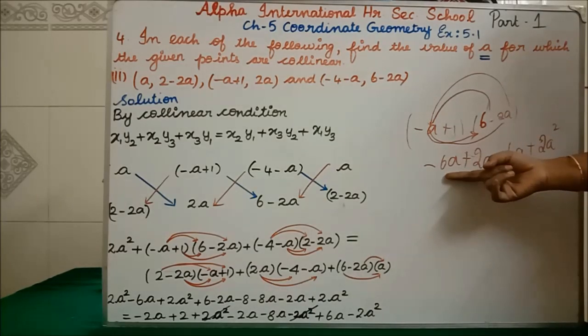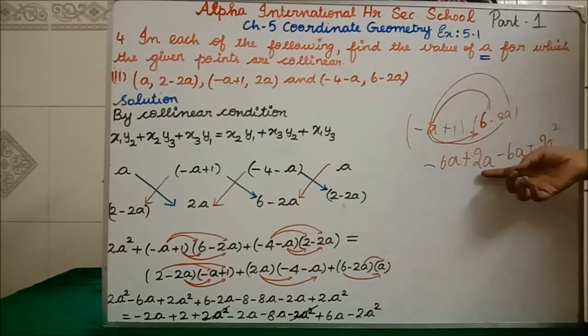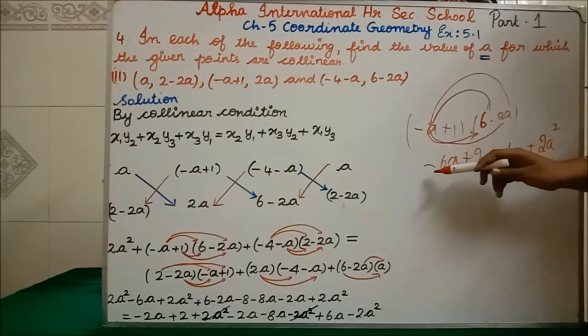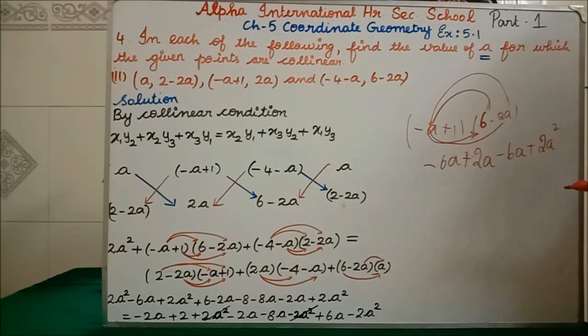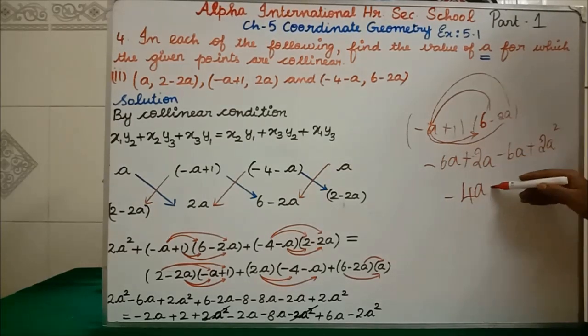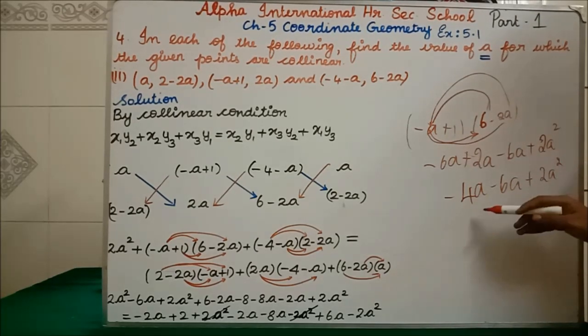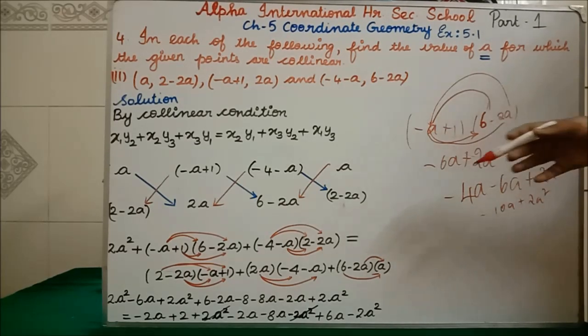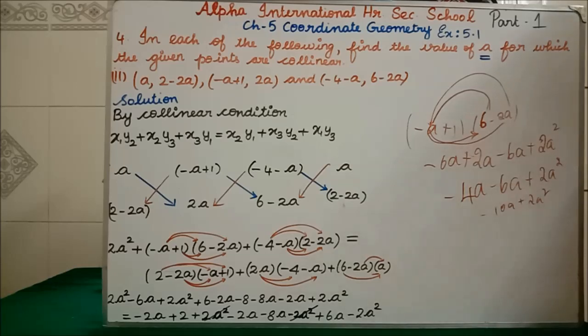Now, here minus 6a, here minus 6a, here plus 2a. What we will get? This first minus plus, if you simplify, what we will get? Minus 4a minus 6a plus 2a square we will get. The next step what we will get? Minus 10a plus 2a square. Like that the same format only I am simplifying here. Clear? The same, remaining everything I am going to do in the same format only. Now I will explain, you see. Binomial into binomial means you have to put the arrow mark and then only you have to solve.